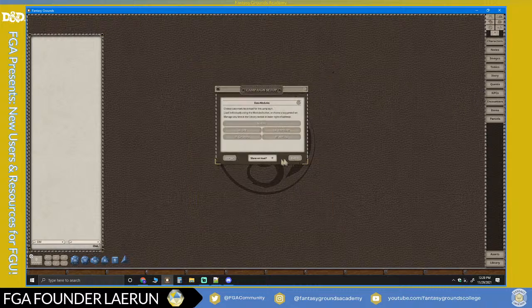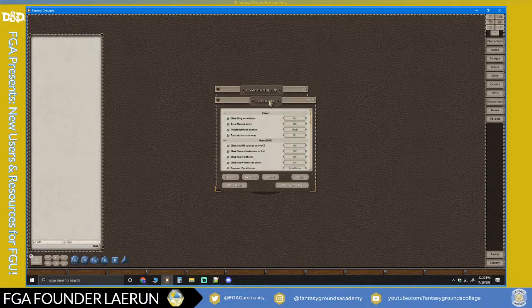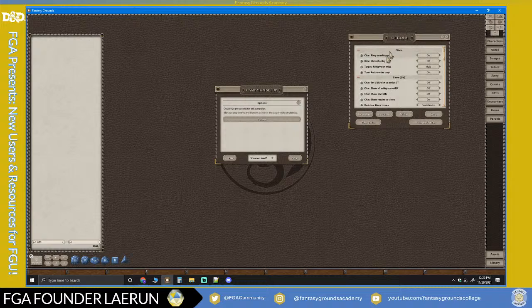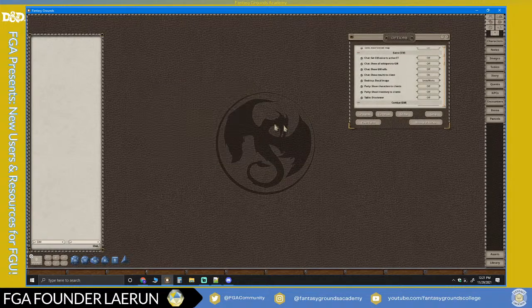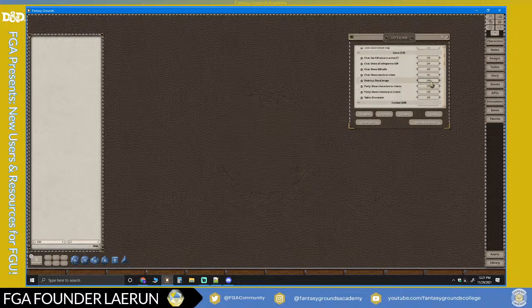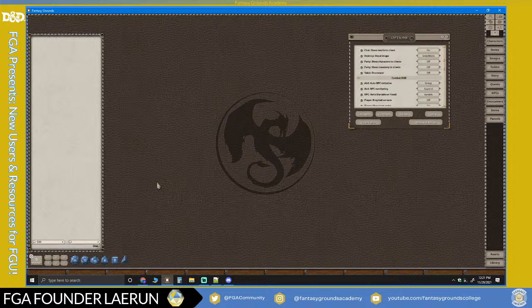And then if you hit next here, it'll take you to the options. If you click on the options button, it'll bring you to the options. Now the options vary depending on the rule set, but you can change the decal in the back, or you can turn it off. You can even set a custom decal. There's a lot of things you can do. In this case, you can turn on a dice tower. So if I want the dice tower to show for my players, I turn that on.